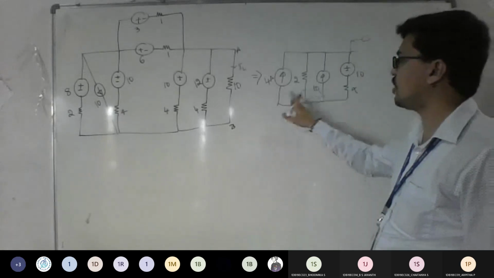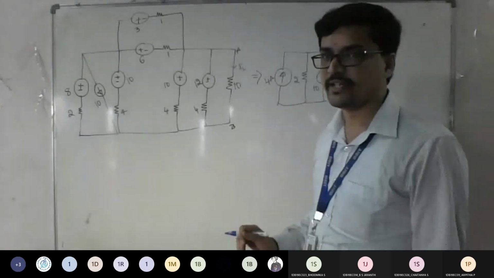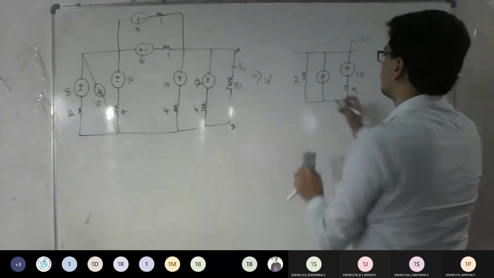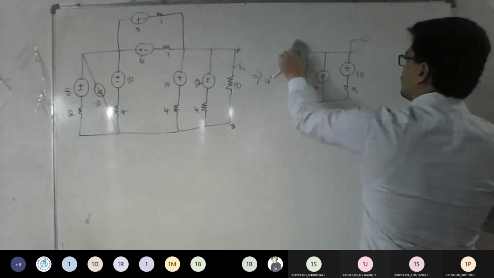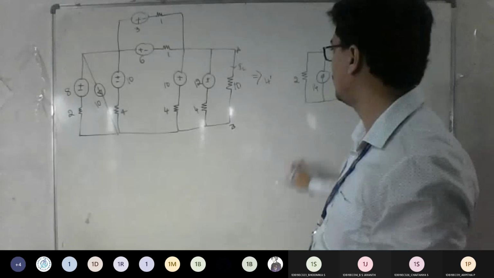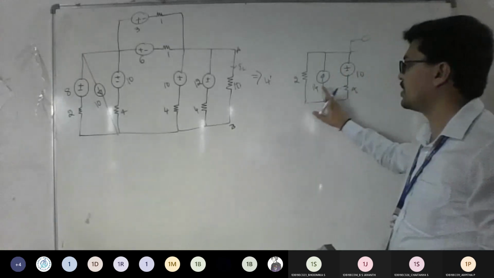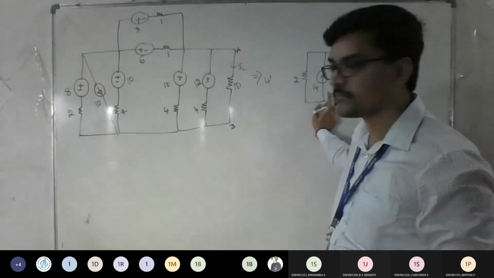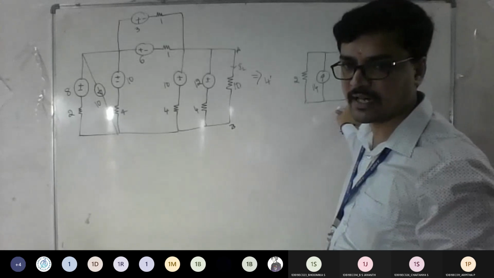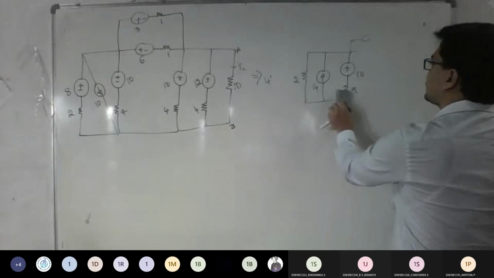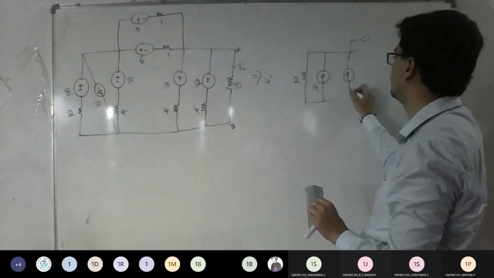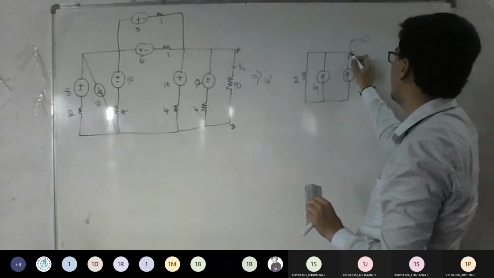Now you can see these two are in series. So can I make it one? So this becomes what? How much? 14. So now see, we have eliminated one part, or one mesh, easily. Now this is the left out part. Again we want to reduce this, so what should we do here? Again convert this 10-4 to a practical current source, right? If you convert that to a practical current source, what's the answer? So the direction is upward and there will be a resistor parallel to this.